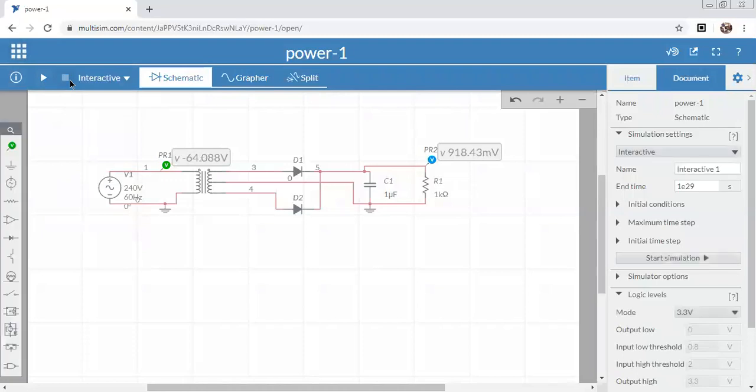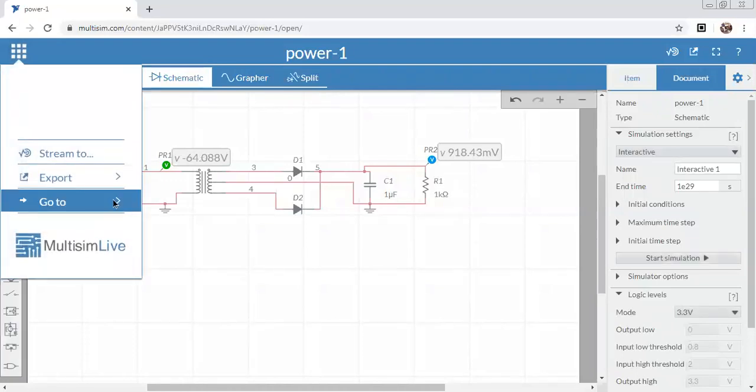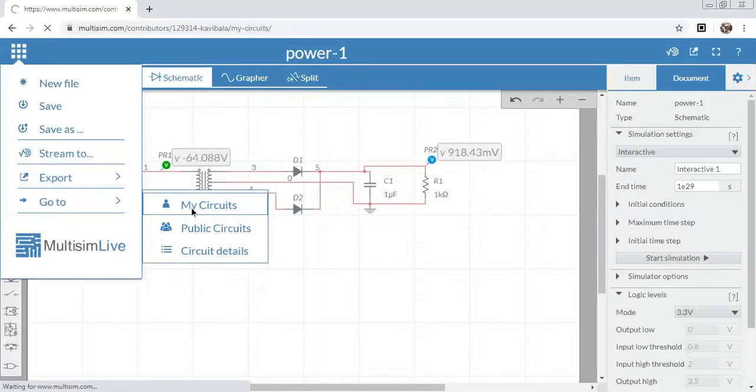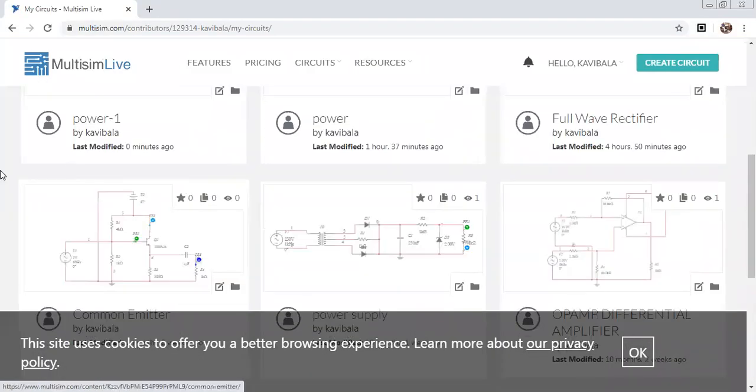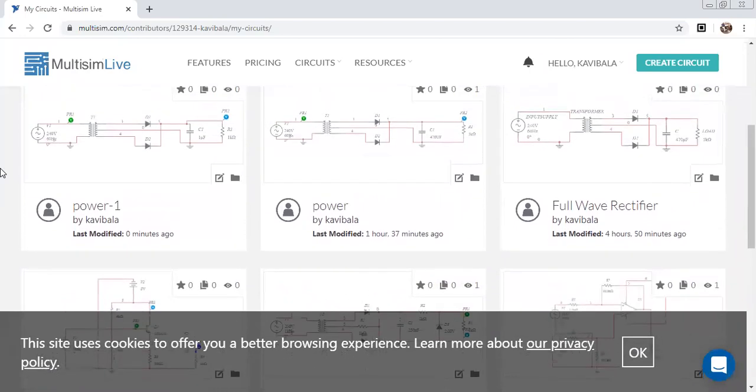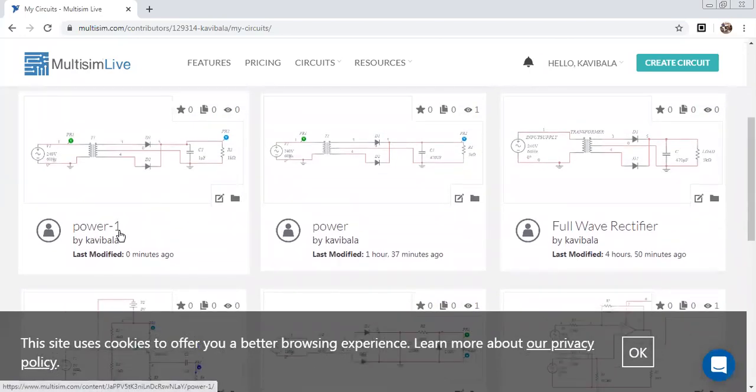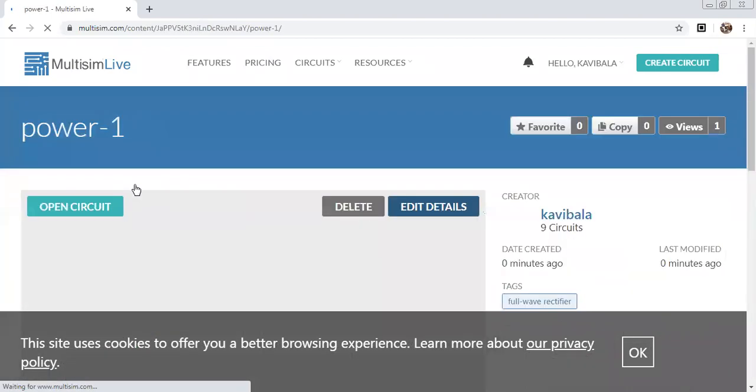Stop this and go to my circuits. So I already created several circuits. So this is the circuit designed by us, power 1. Okay, simply click this and give open circuit.